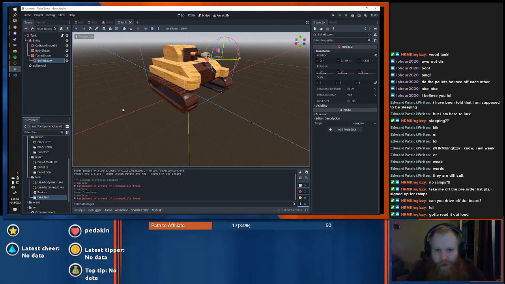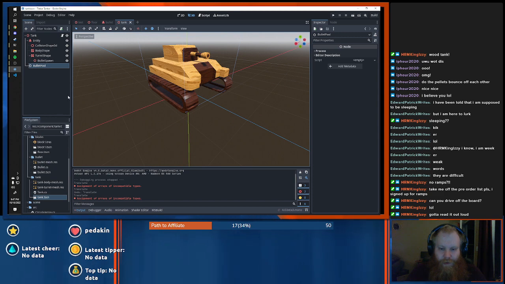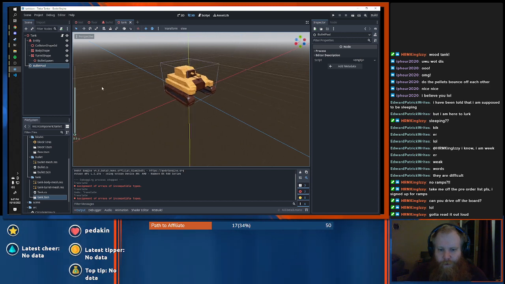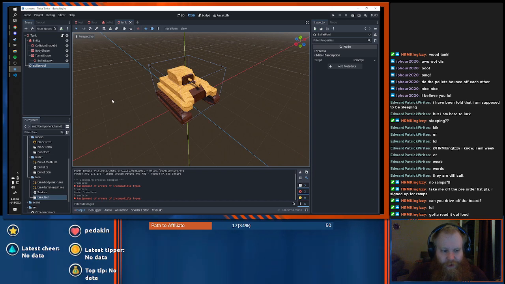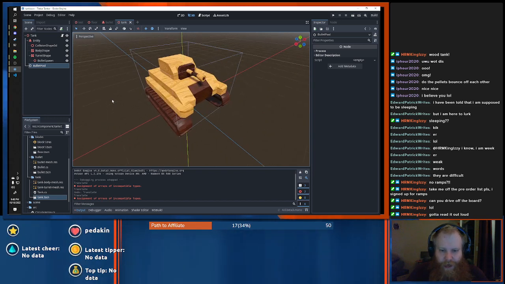Okay, kind of lost track of what I was doing. Okay, bullet pool. So what we're going to do... Still kind of have to think this through a little bit. Am I going to have the bullet pool node itself take care of the logic for providing bullets? Am I just going to have it keep count of maximum bullets and how many it has? Am I going to have it have two separate pools of available bullets and active bullets?